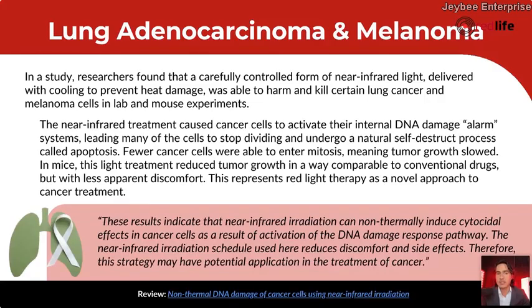In mice, this light treatment reduced tumor growth in a way comparable to conventional drugs, but with less apparent discomfort. This represents red light therapy as a novel approach to cancer treatment. These results indicate that near-infrared irradiation, which is interesting that that word is used because we typically associate it with something that's harmful, can non-thermally induce cytocidal effects in cancer cells as a result of activation of the DNA damage